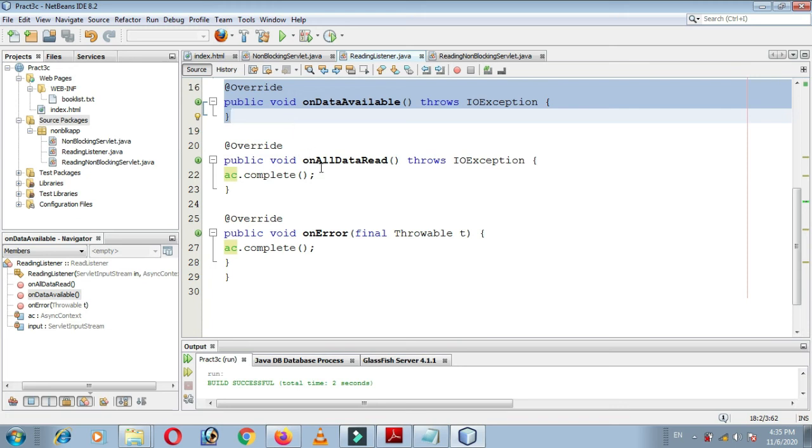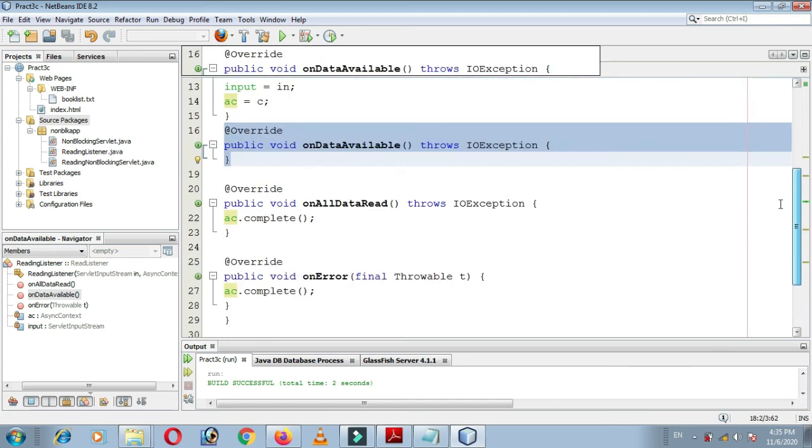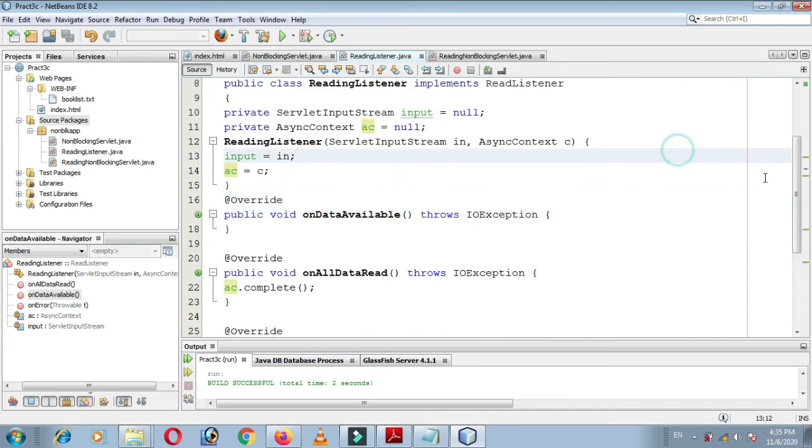Again the second method onAllDataRead, we need to write just one statement, AC.complete, and in the third method onError, we need to again write one statement, that is AC.complete. So in this way this ReadingListener class is completed here. We need to just show that asynchronous context is completed here.